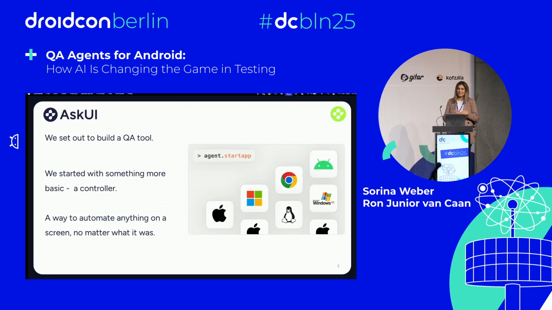At AskUI, it really all started because our CTO, Dominic, was working at Siemens. He ran into issues in relation to automation on native desktop applications, and so they set out to create a QA tool that would automate this. He met our CEO, Jonas, at KIT in Karlsruhe in Germany, which I'd like to think is like the MIT of Germany. Together, they started building a tool for automation.